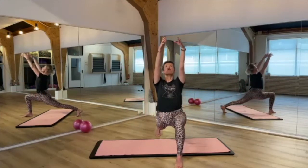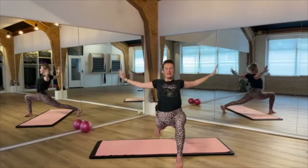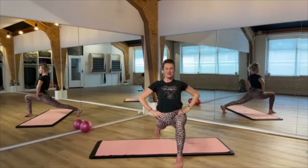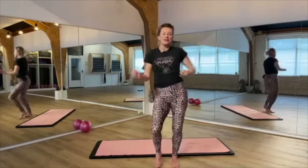So lift your arms, reach up, lengthen. Push your arms sideways and down. Place your hands on your hips. Now strengthen your right leg and push yourself up and step your right foot forward and do a little dance